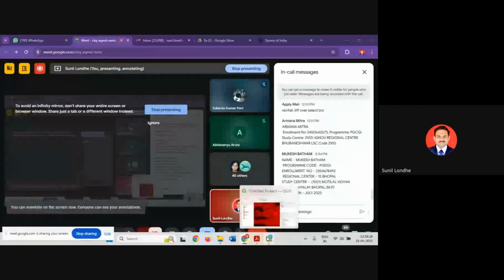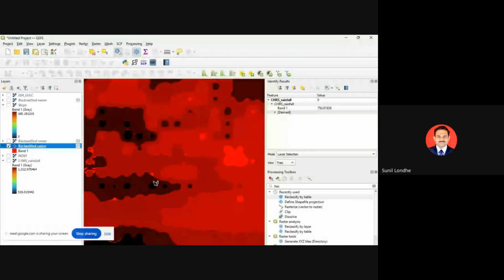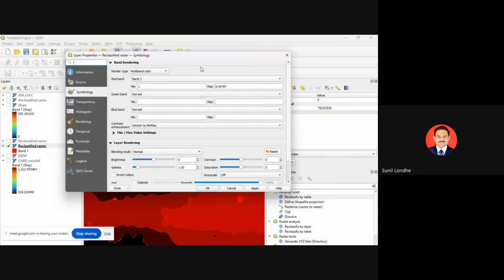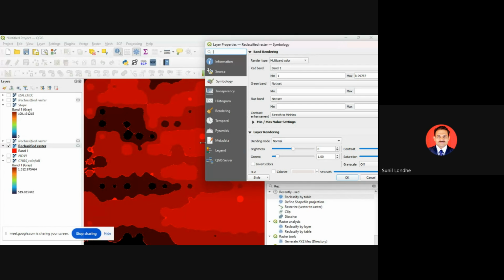चलिए, ये मैं सिर्फ उनके लिए शेयर कर रहा हूँ क्योंकि मैनुअल में कलर कुछ अलग दिख रहा है, आपका कलर कुछ और आ रहा है। तो ये कुछ नहीं, बस आप लुक एंड फील चेंज कर रहे हैं, वैल्यूज में कोई चेंज नहीं होगा। ठीक है। तो ये वही रेनफॉल का डाटा है। आप प्रॉपर्टीज में गए, सिम्बोलॉजी में गए, अभी मैंने लुक एंड फील अच्छा करने के लिए मल्टी कलर लिया।